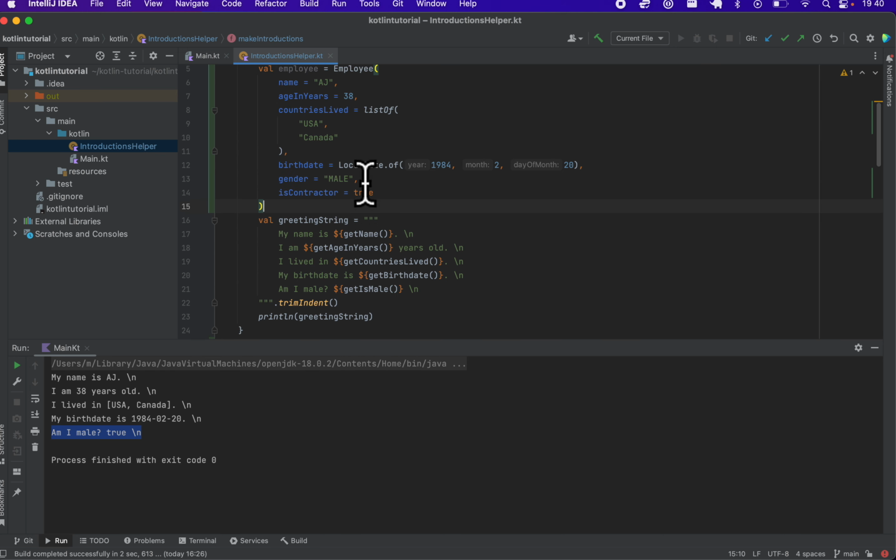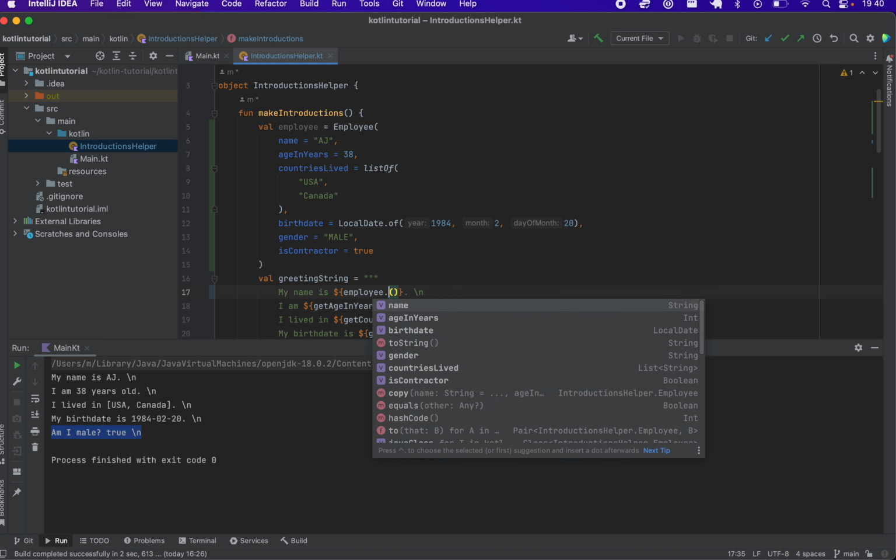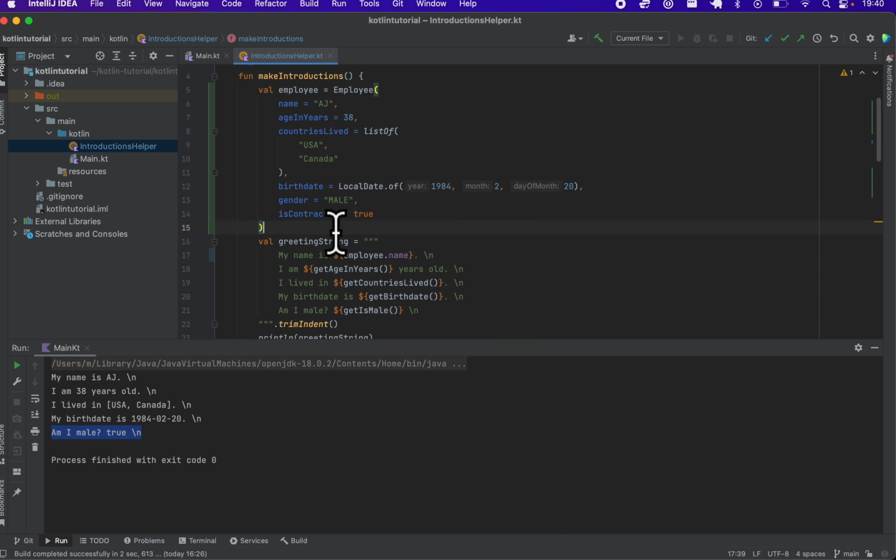And now we can update the string to just do employee.name. So that's the other thing that allows you to do the object.name, and you can just use that to get the value of the name. Employee dot age in years, right? Countries lived. Employee dot birth date, and then am I a contractor, right? And then we can add a little gender here. So my gender is